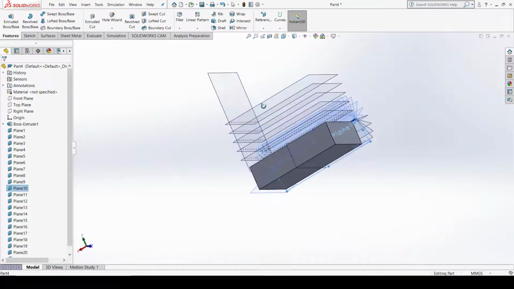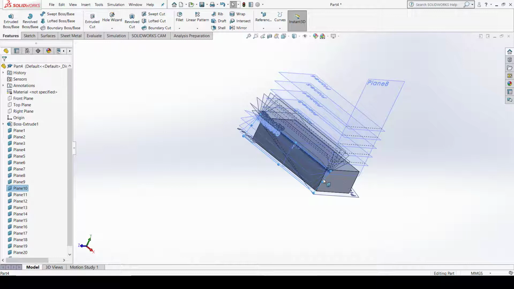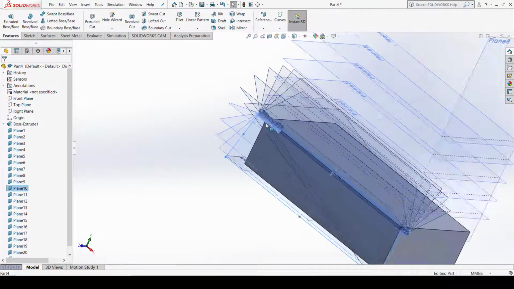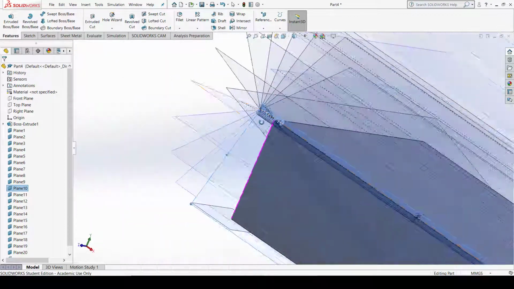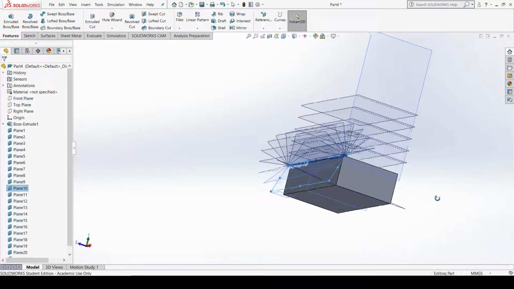So there are a number of different ways by which you can create a plane. First you have to define the 3 points, second you have to define the edge and surface, thirdly you just click on the surface of the component, a plane is created and provide a certain distance. Then you select the edge, select the corner, your plane is at 90 degree to that corner. Okay, then if you select the surface first and then select the edge, then planes are at a certain angle. You can define the plane at an angle with number of quantities. Okay, so this is how you can create different planes as per your requirements.